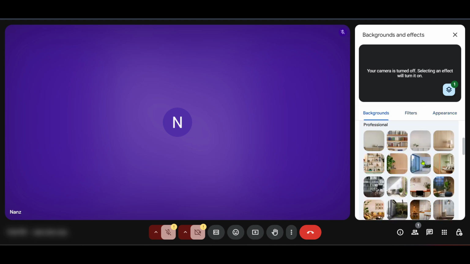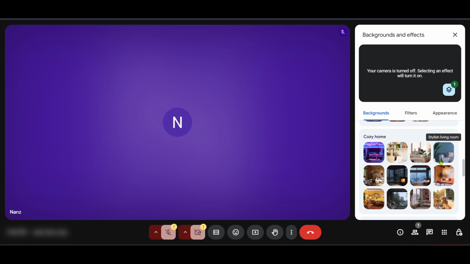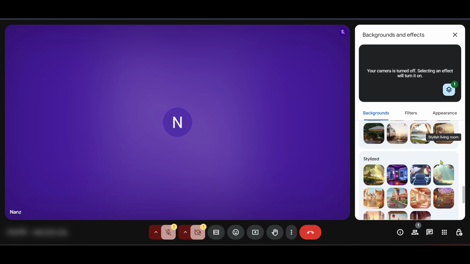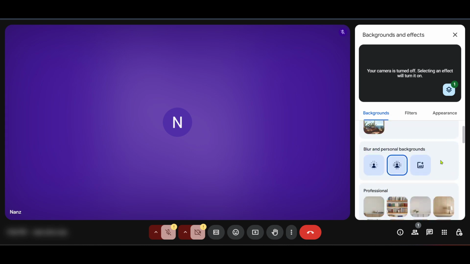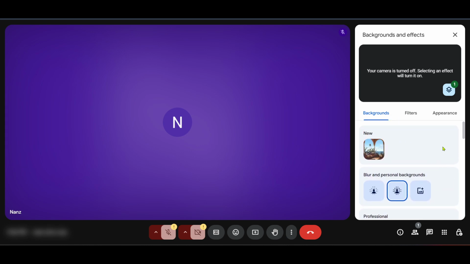If you're feeling creative and have a specific background image in mind, you can use the Add button to upload your own custom image right from your computer. Just make sure the image is appropriate for the meeting you're joining. Once you've selected your desired background, you'll notice the change instantly. It's dynamic and allows a preview right away, so you can ensure everything looks just right before anyone else joins